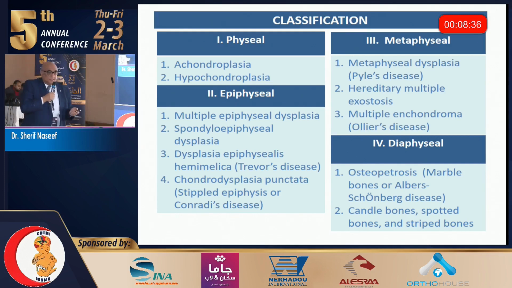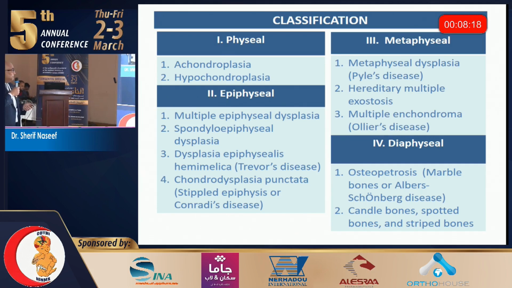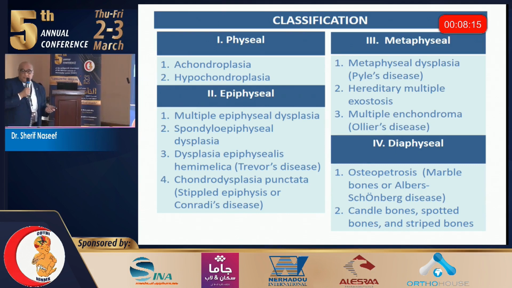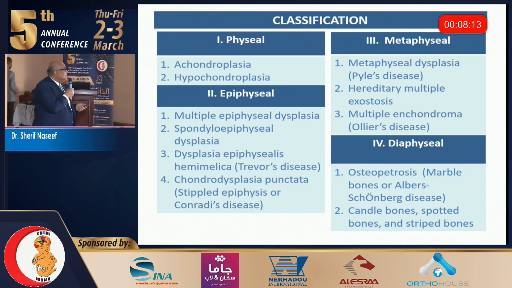Epiphyseal is abnormality in the epiphysis, so either it affects the epiphysis of the tubular bones only, which is called multiple epiphyseal dysplasia, or the tubular bones and the spine, which is called spondyloepiphyseal dysplasia, or half of the epiphysis, which is called hemimelic epiphyseal dysplasia, or dysplasia epiphysealis hemimelica, or diffuse affection of the epiphysis, or punctate